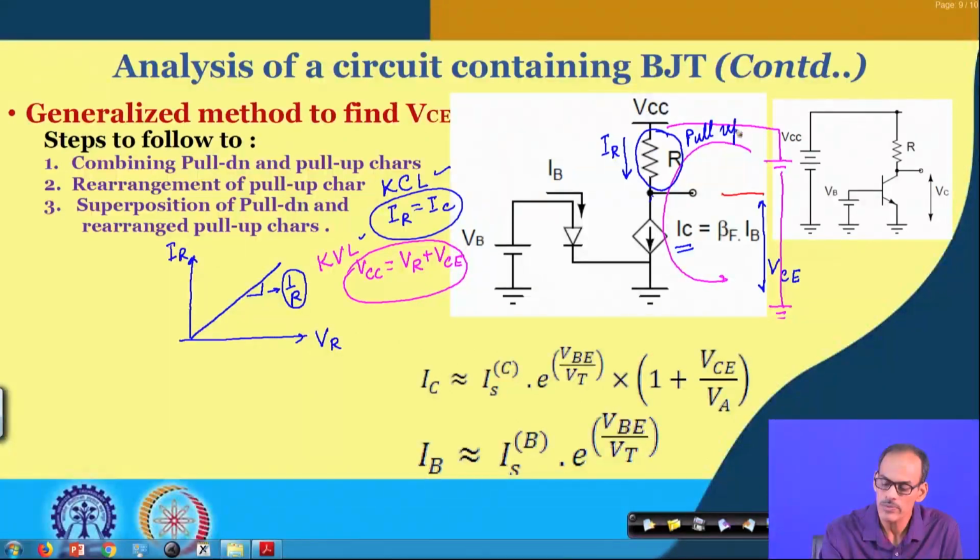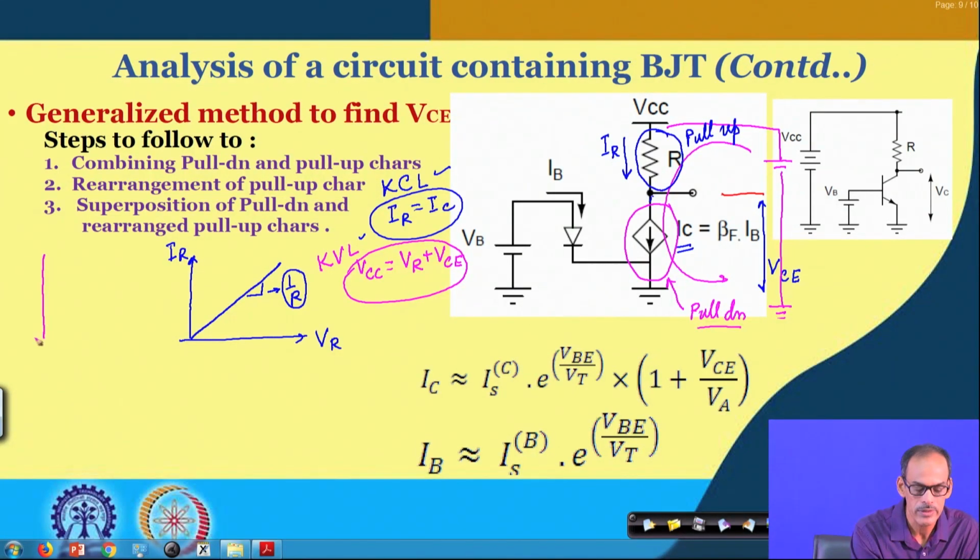Why do you call it pull up? Because in case nothing is connected, the output node will be pulled to VCC through this element. So, that is why we call it the pull up element. On the other hand, the lower one, with the same logic, we call this the pull down element. So, this pull down element also has its own characteristic, and that characteristic is basically the device characteristic. So, either we consider this model or